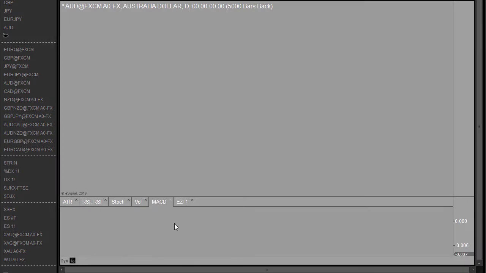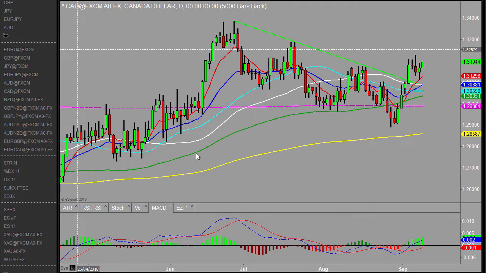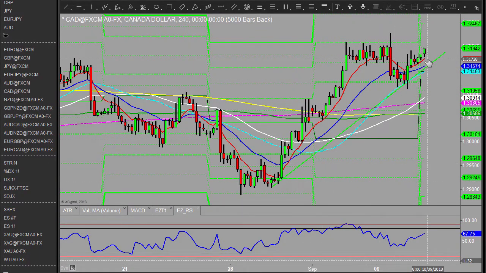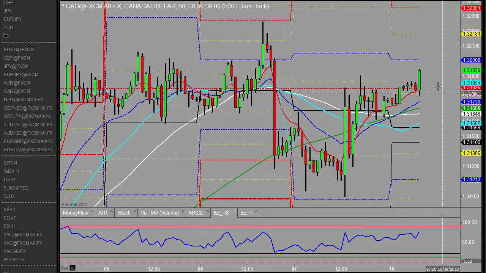And the Canadian dollar. So from the Canadian dollar daily point of view, it did manage to bounce off the daily 8 in the end, and pushed up quite strongly. Momentum is positive to the upside there now, and looking pretty helpful still on the 4-hourly, of course. Then we do have the weekly pivot below, which could be a draw at some point, but for now, with this bullish engulfing, it does look like it may have more upside, maybe towards the level where these highs were leading into last week.